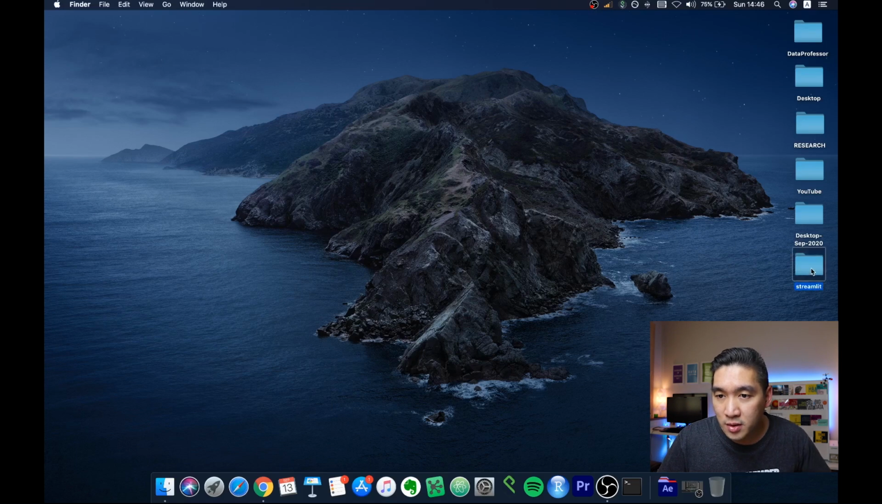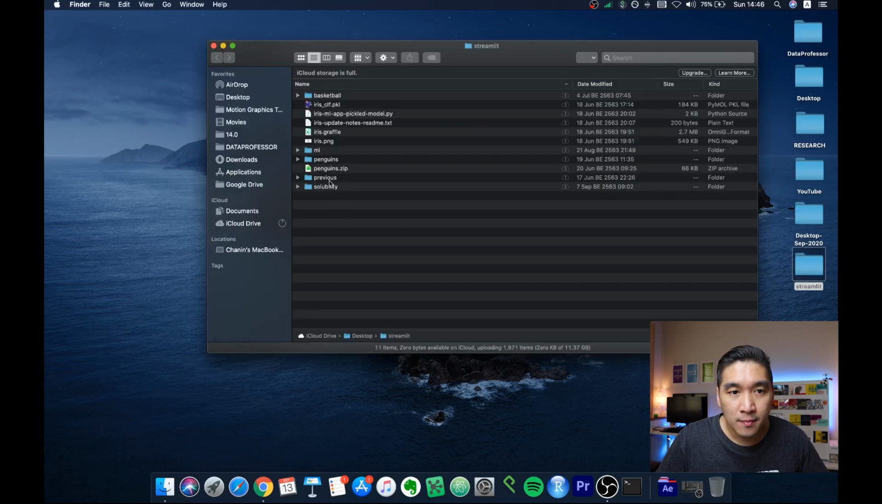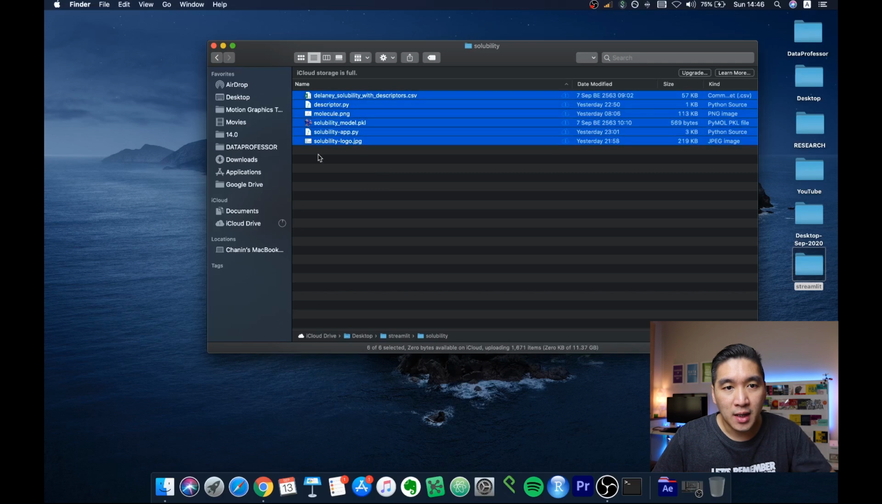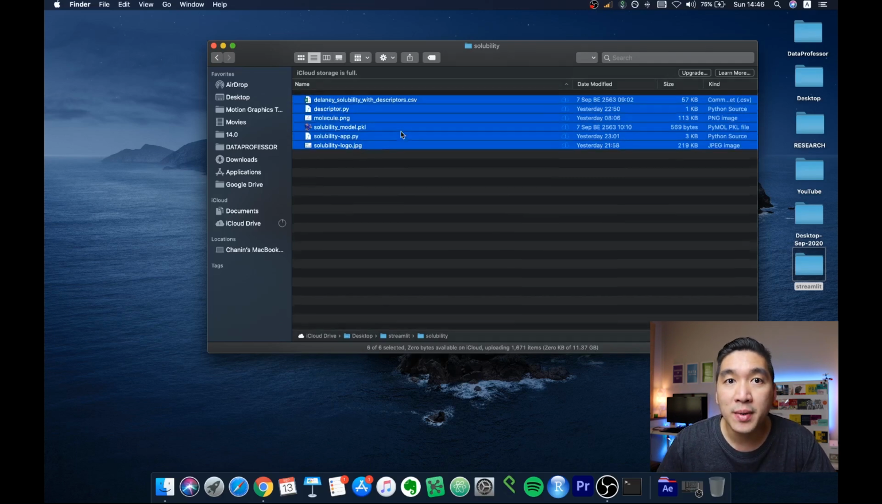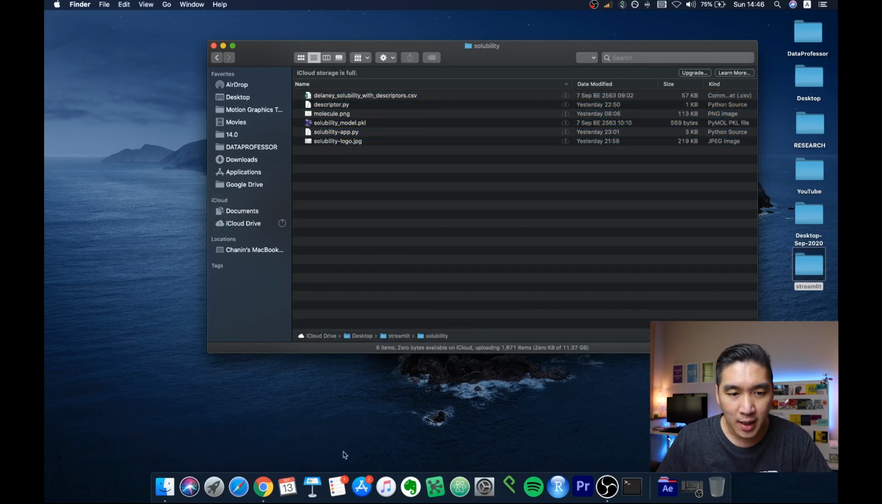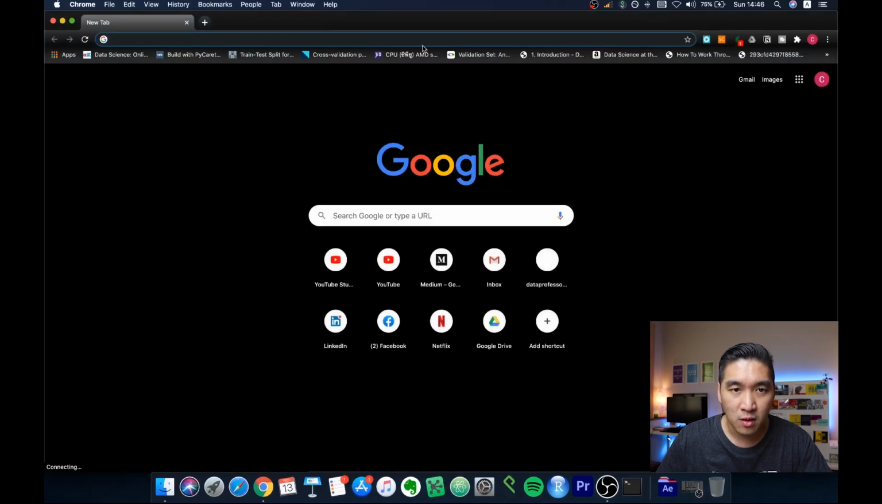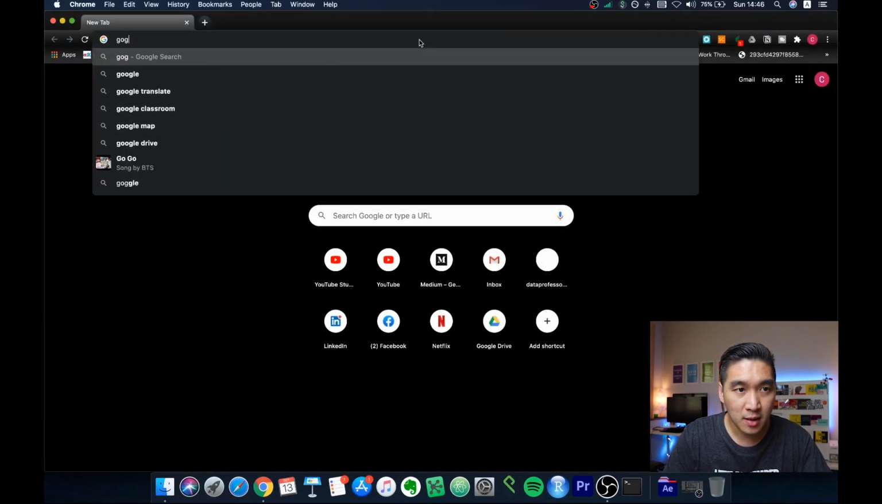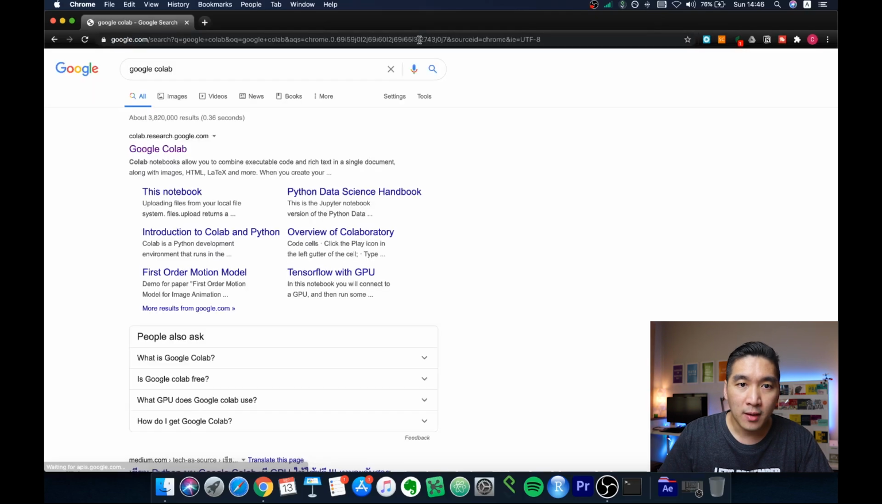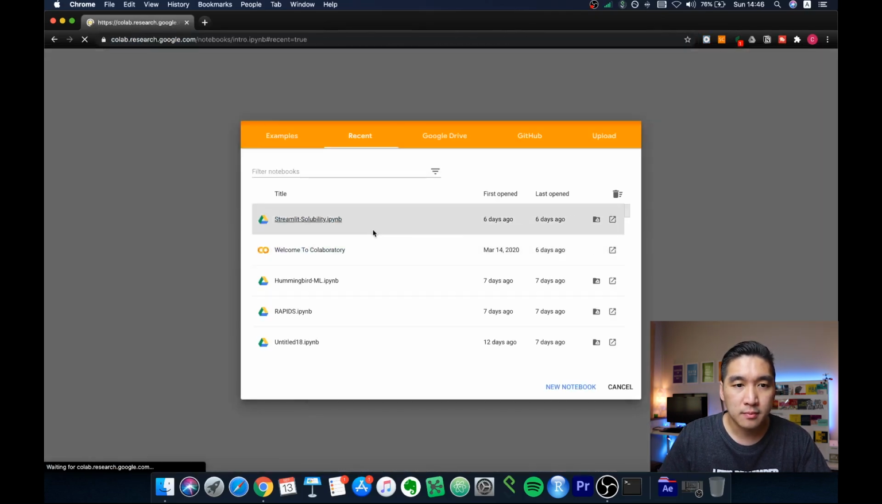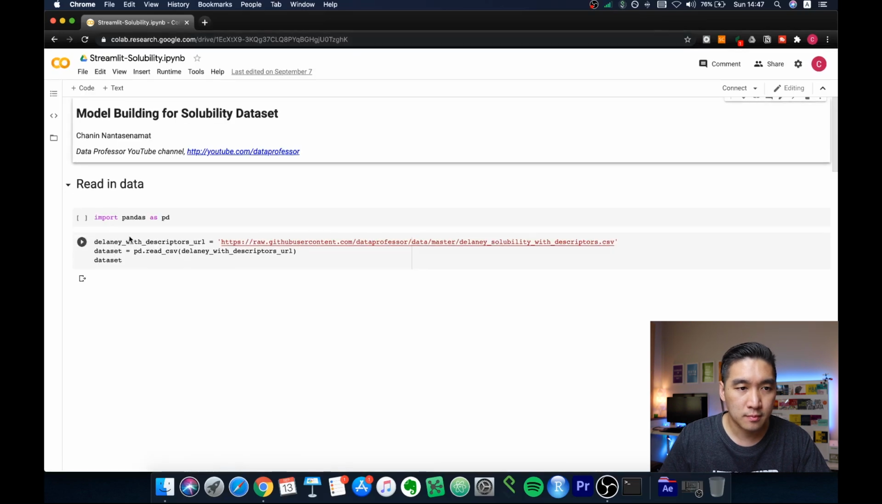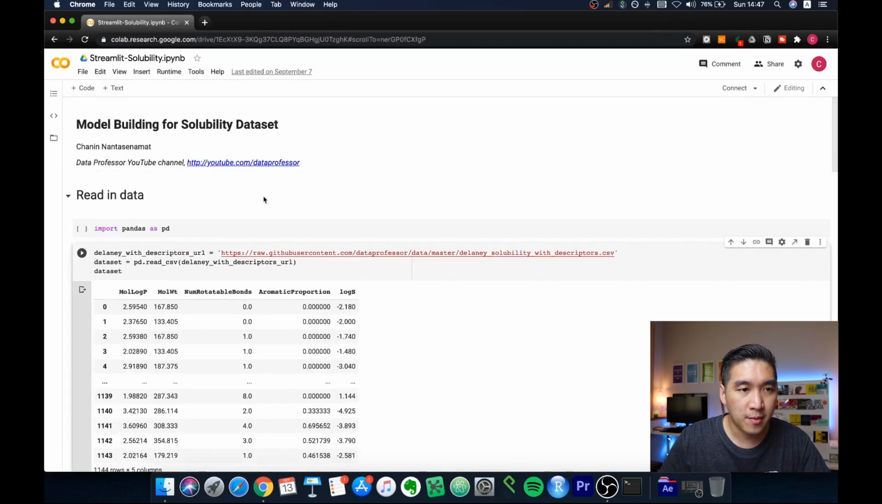So we're going to go to the Streamlit directory, and then it's going to be located in the solubility folder. And so all of these are the actual files that we're going to be using today. And so actually, I think I have the prediction model on Google Colab. Let me download that. Okay, it's right here. And so this will be a concise version of the contents of a prior video